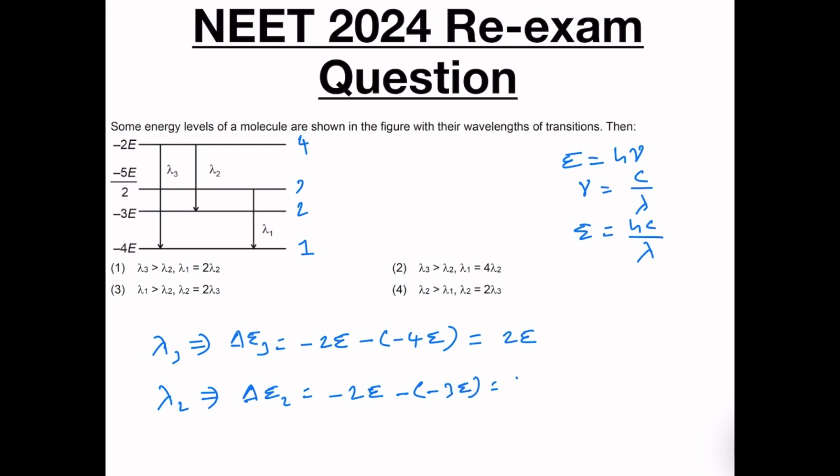So, this will become simply E, and then lambda 1, that is delta E1,